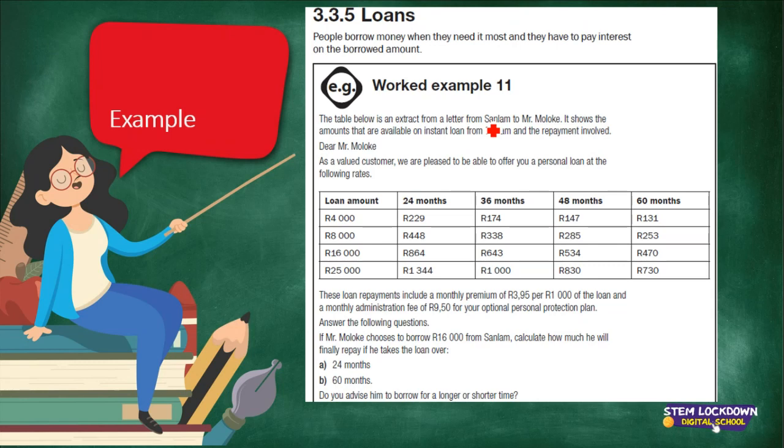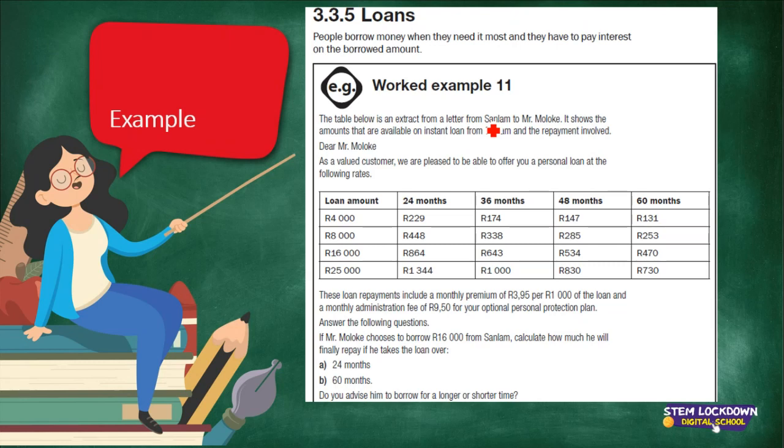If Mr. Moleka decides to borrow 4,000, he will pay 229 rand per month over 24 months, which will probably add up to more than 4,000, because the bank needs to make money. Now, if he borrows 4,000 over 36 months, every month he'll pay 194. Now, notice there's a decrease in installments,